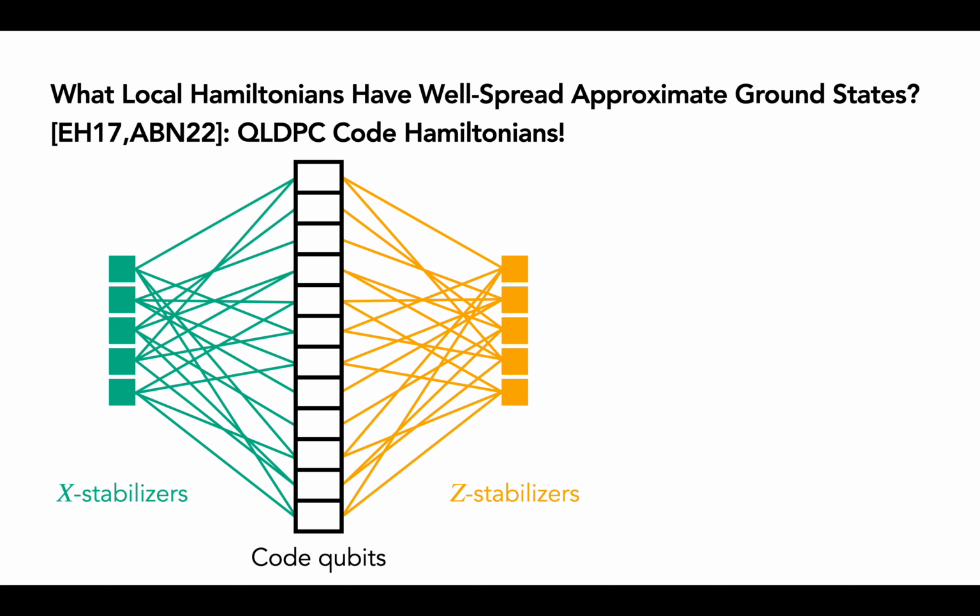So this picture I flashed up before. To elaborate on it, we represent the code qubits by these black boxes in the middle. Each green box on the left represents an X stabilizer, and each orange box on the right represents a Z stabilizer. For instance, this X stabilizer corresponds to the product of the Pauli X's on the four code qubits incident to the highlighted box on the left. So each X stabilizer is a tensor product of 4 Pauli X's. Each Z stabilizer is similarly a tensor product of the 4 Pauli Z's incident to the highlighted box on the right.